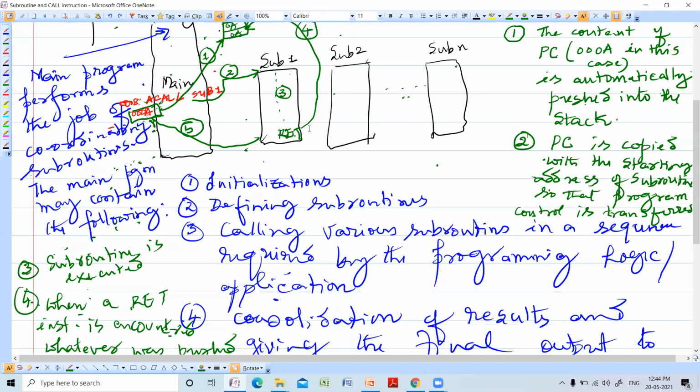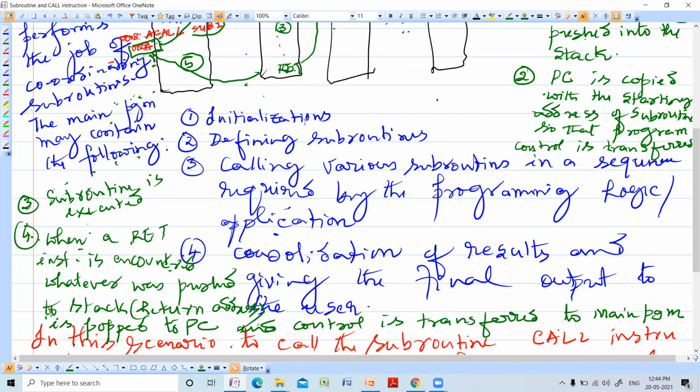Third point, the subroutine is executed later. When the subroutine execution is over, the last instruction in the subroutine is return. So when a return instruction is encountered, whatever was pushed into the stack, what was pushed into the stack?